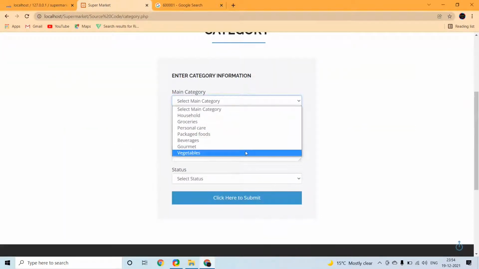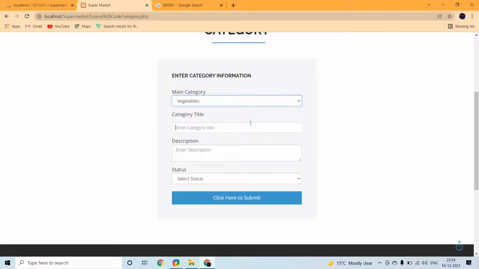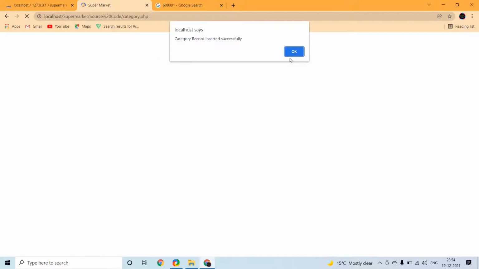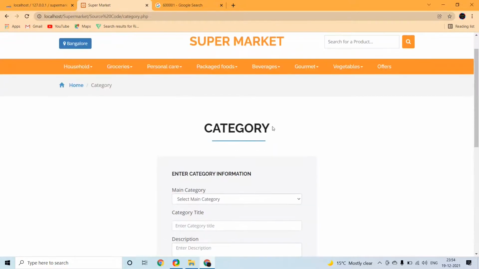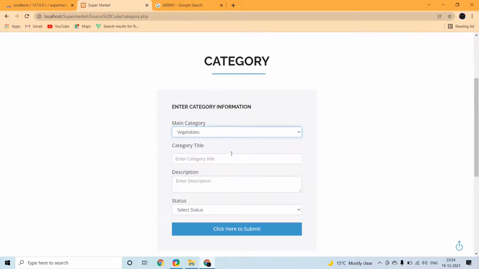If we need to add a main category, we have to select the main category, and the category title we can give organic product or any other we want. For subcategory, like onion products or tomato, anything we can add.